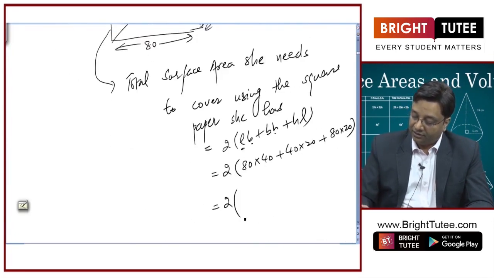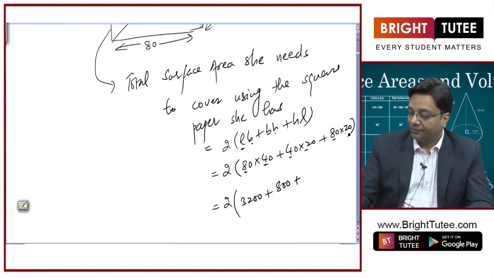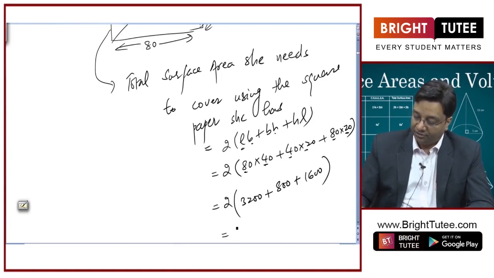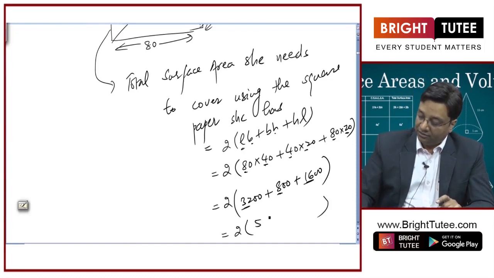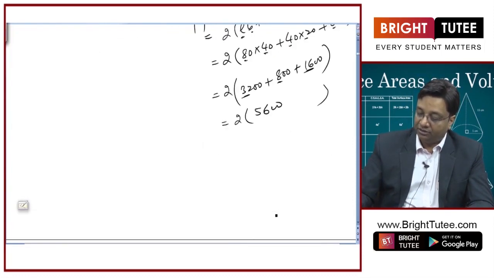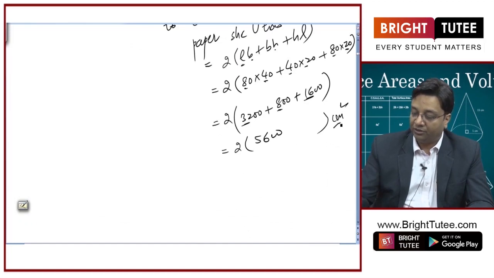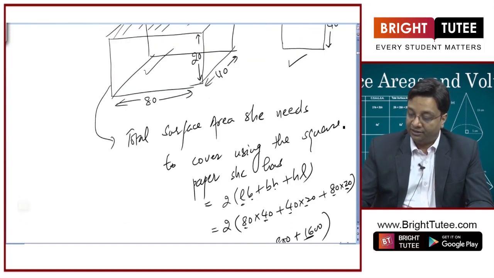Now, this is 3200, 800, 1600, right. So, this is 32 plus 8 is 40, 40 plus 16 is 56, so 5600. So, this is 5600. So, this is the area in centimeter square she has to cover, and she has got